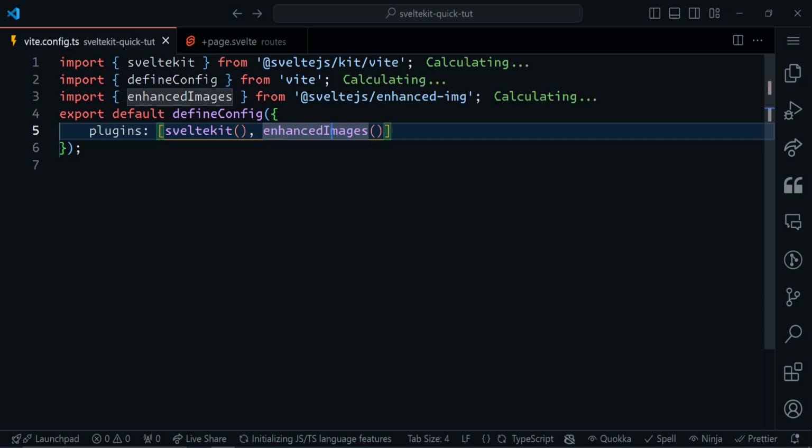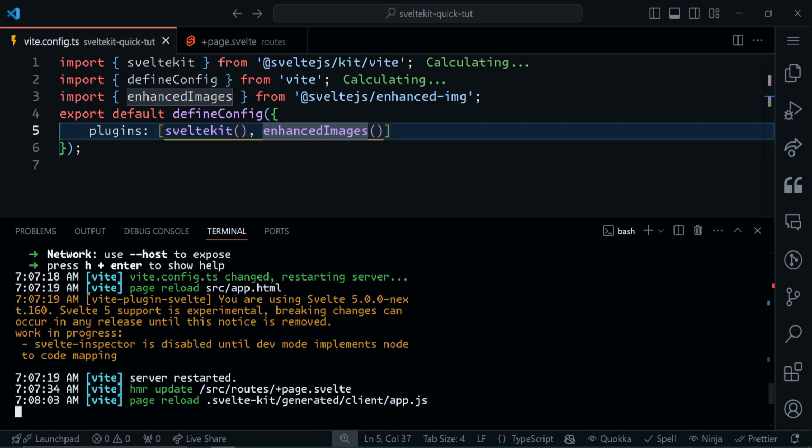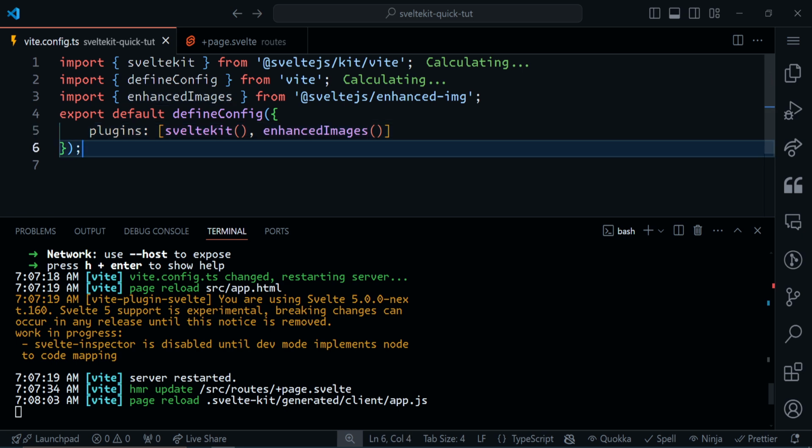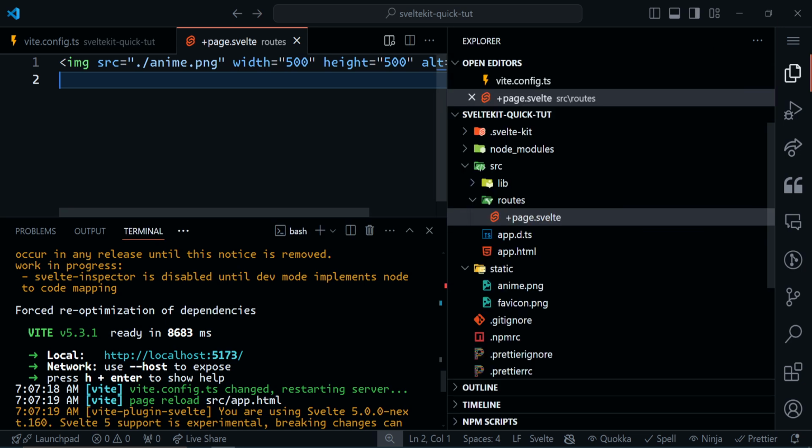Now, how would we actually use this enhanced image, right? So first of all, make sure your dev server is running. Mine is already running. If you don't know how to run it, it's pnpm dev or npm run dev. And that should spin off the dev server. Go to this location so you can access yours. And what I'm doing is on the page,